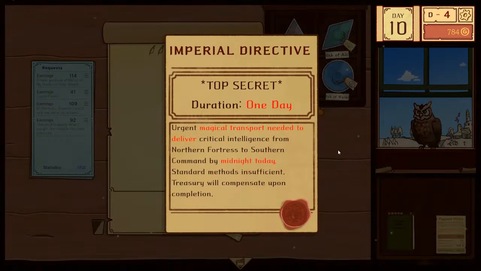Directive, top secret, duration 1 day. Urgent magical transport needed to deliver critical intelligence from Northern Fortress to Southern Command by midnight today. Sender methods insufficient.